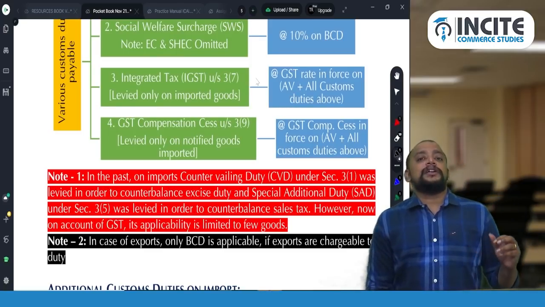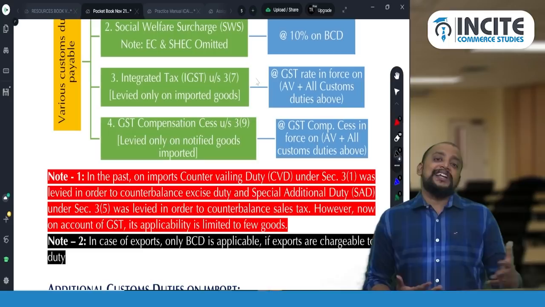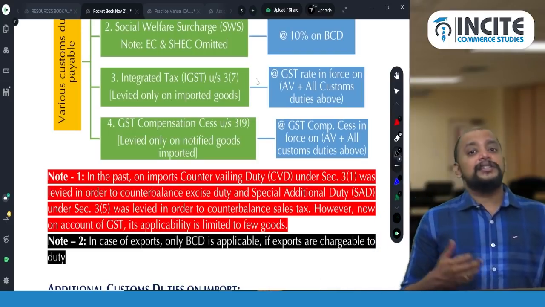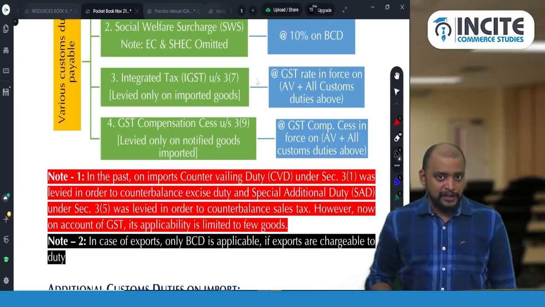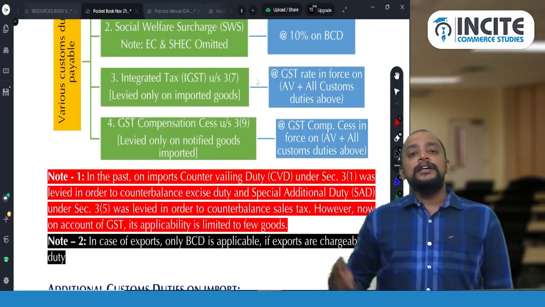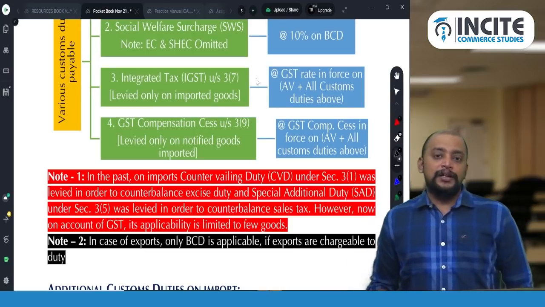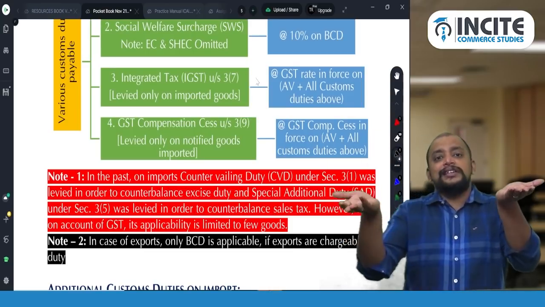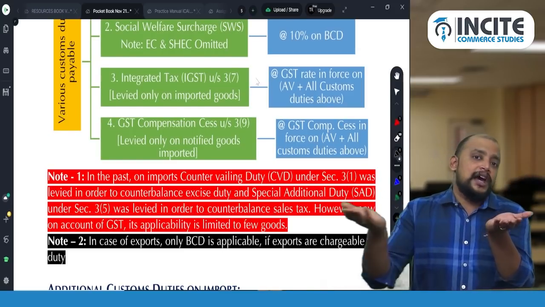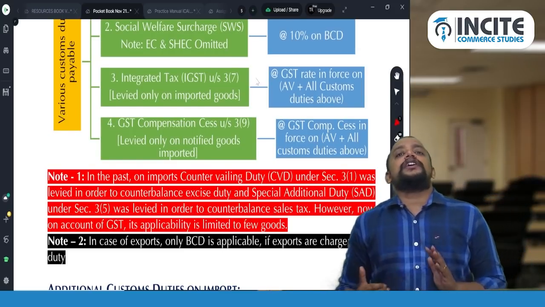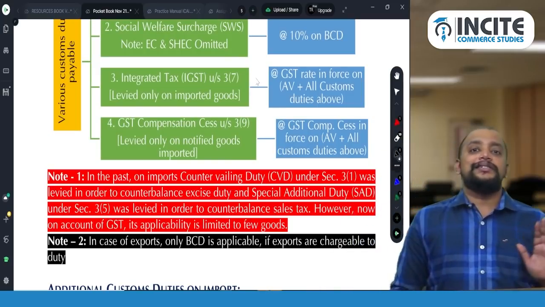So first let's try to understand. Alcoholic liquor for human consumption is not covered under the ambit of GST. So therefore we have state excise duty, central sales tax and value added tax. Now you are importing alcoholic liquor for human consumption. So no need to pay IGST. Instead we need to pay only CVD. So SAD is also not payable. As excise duty is there, CVD is there. As sales tax is there, SAD should be there. But SAD they have omitted. So on import of alcoholic liquor for human consumption, we don't have to pay IGST. What we need to pay is just the CVD.